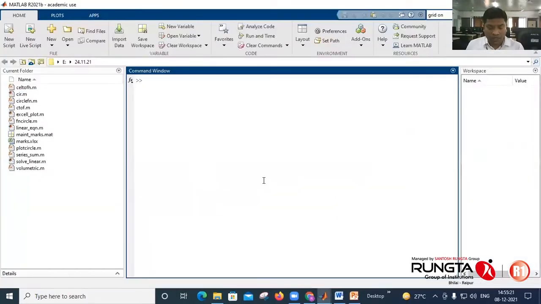In MATLAB, say x equals from 0, pi by 100, colon, twice pi, enter. So I define x.